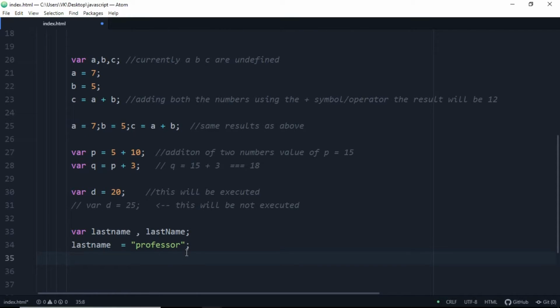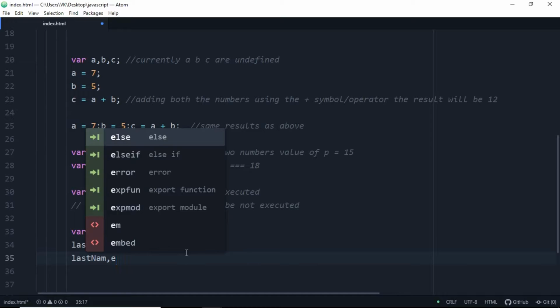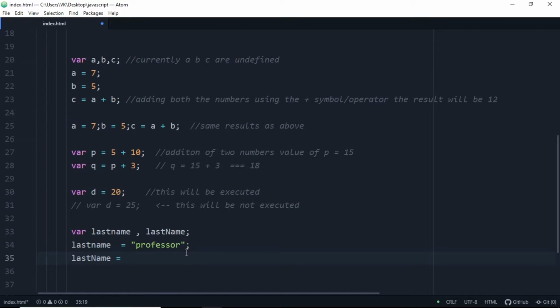So for the lastName with capital N, we are going to make it hub, which is the name of my channel. I'm doing a bit of promotion here. Is equal to, in double inverted commas, make it hub and semicolon at the end. Okay, so we have lastname here as professor and lastName with capital N is equal to hub.